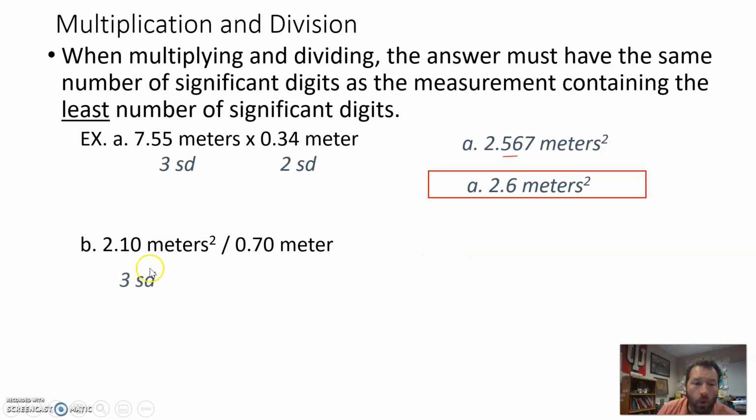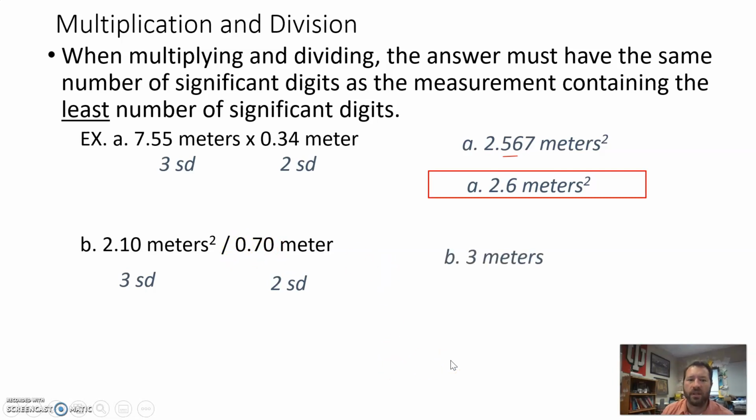All right, 2.10 meters squared divided by 0.70 meters. Again, 3 significant digits in our first number here, only 2 in the second number. So zeros on the left, leading zeros, never count. Zeros on the right, the trailing zeros, count when there is a decimal. So this 0 does count. This 0 here does not count. So again, I can go ahead and throw